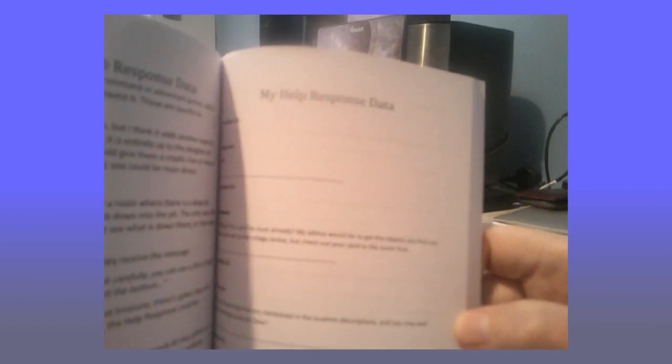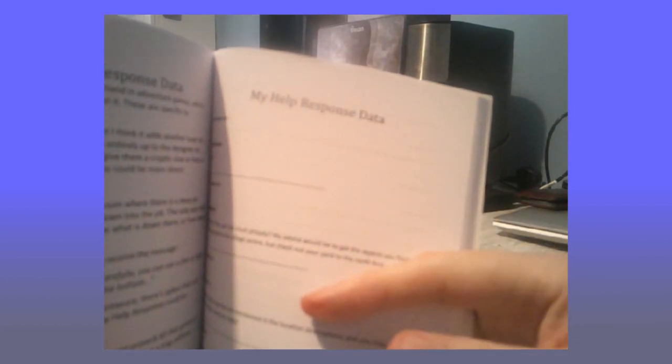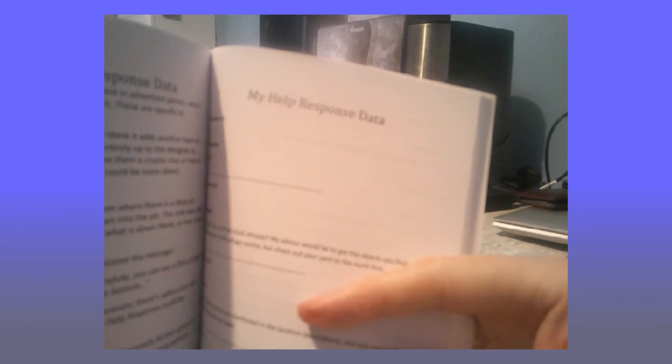Okay, so in every location you should be able to have a unique help. So when they say help, and let's say you're next to a locked door, you'll say something like, well, obviously you need to open the door, don't you? There's different ways of doing that. You can either be very specific and just tell them, open the door, unlock the door, or you could be a bit more cryptic and say, maybe there's an exit that's right in front of you that you're not seeing,